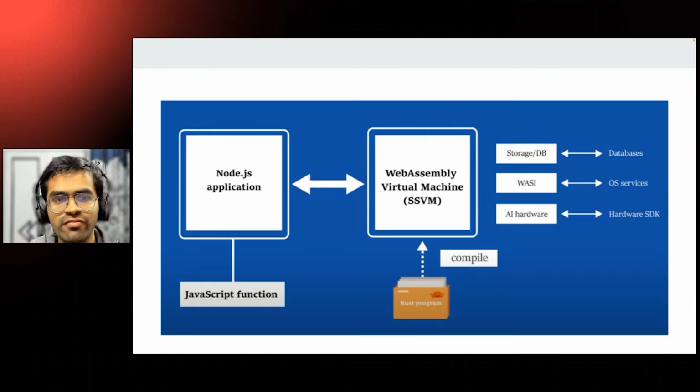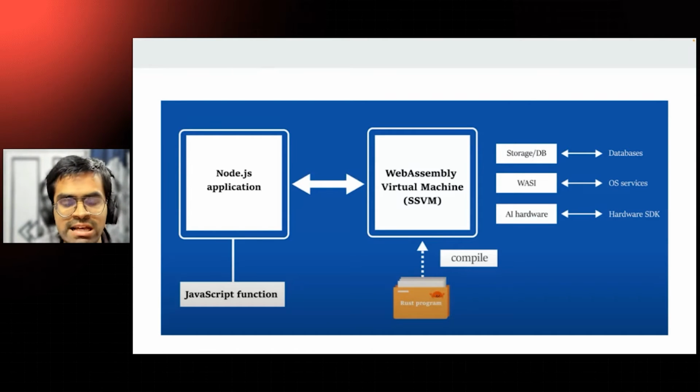And if we look at how this entire architecture would look, the idea is that you'll have your main Node.js function or your application still running. But what you could do is take some of the more high-performance functions that you would typically run in your Node.js application, and rewrite them in Rust. Those functions written in Rust will then get compiled into WebAssembly bytecode,